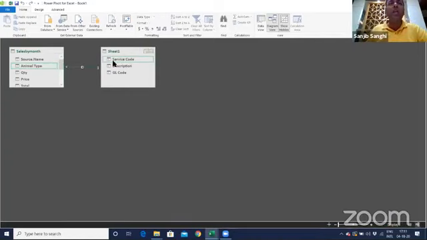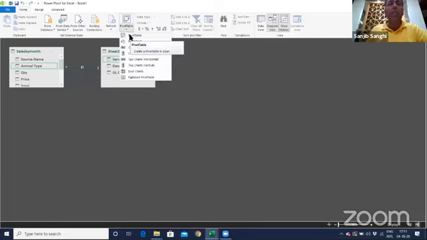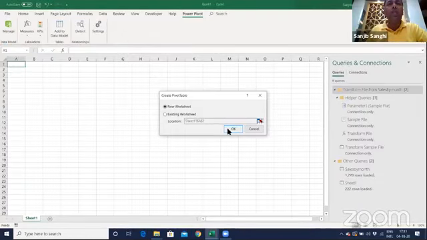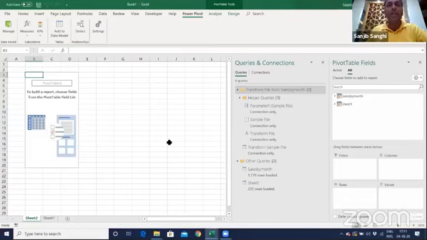Done. Once I've done this, I'll go back to my pivot table, hit pivot table, and open a worksheet over here. See, my first worksheet is there, the same pivot table with all the sheets in front of me right now.